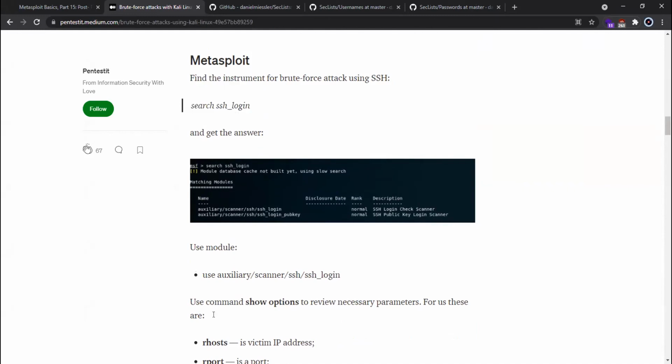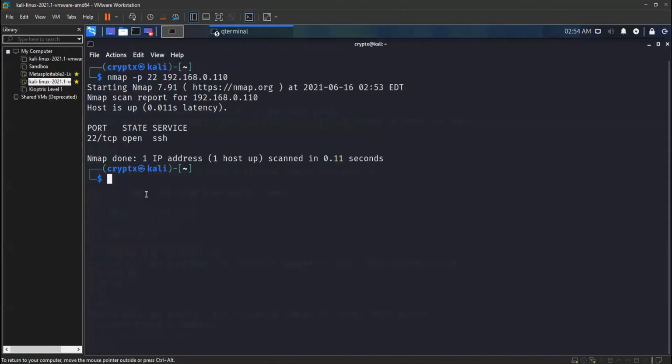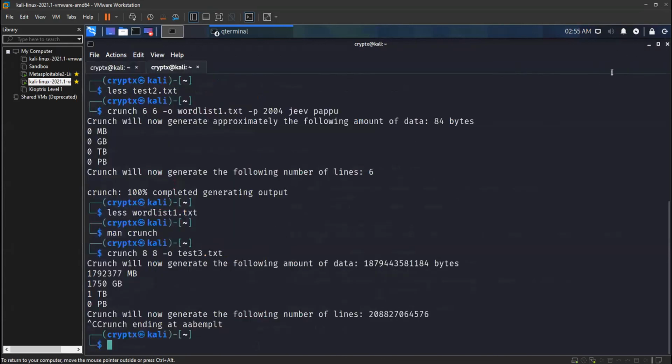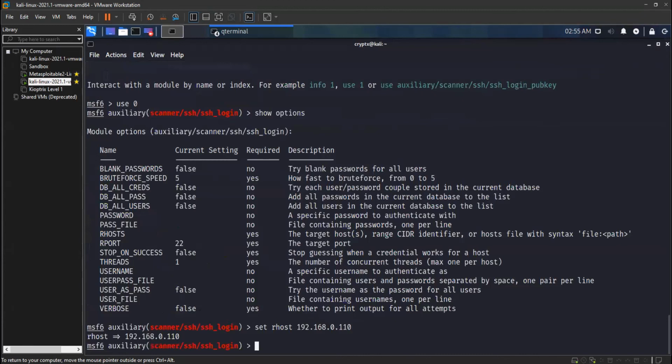Okay. So for that we'll open Metasploit. I'll use msfconsole to open Metasploit. So it's opening right now. Yeah. So I have Metasploit open. Wait, I'll just close this tab. Wait, I have already opened it.